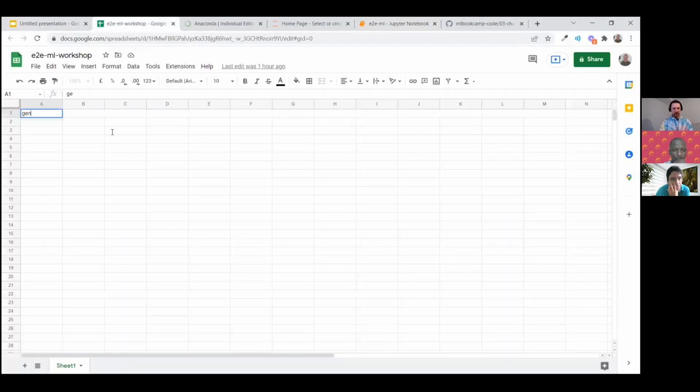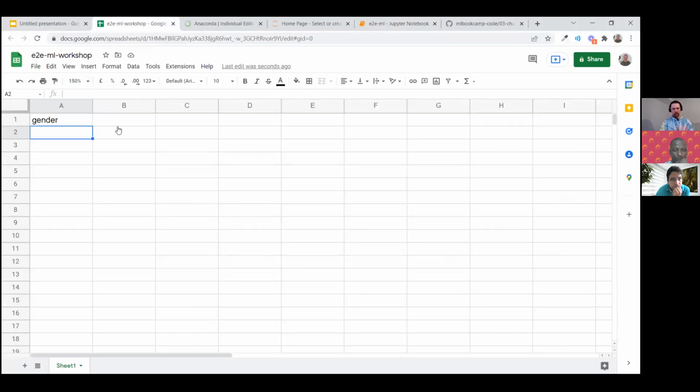So for example, let's say we have gender, right? Let me make it larger. So we have gender: female, male, female, male. The way we do this, we turn this column into two binary columns. The first column will be gender equals female, and the second will be gender equals male. The first will be 0, because for this record the gender is female, and 0 here. And for the second one, because this person is male, we put 1 here, and so on.